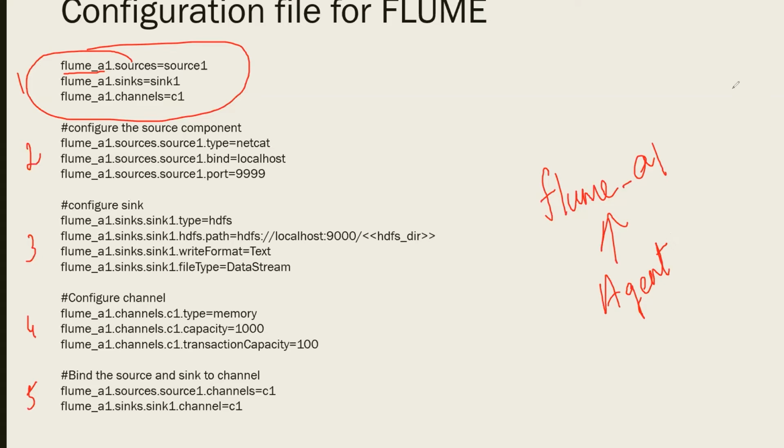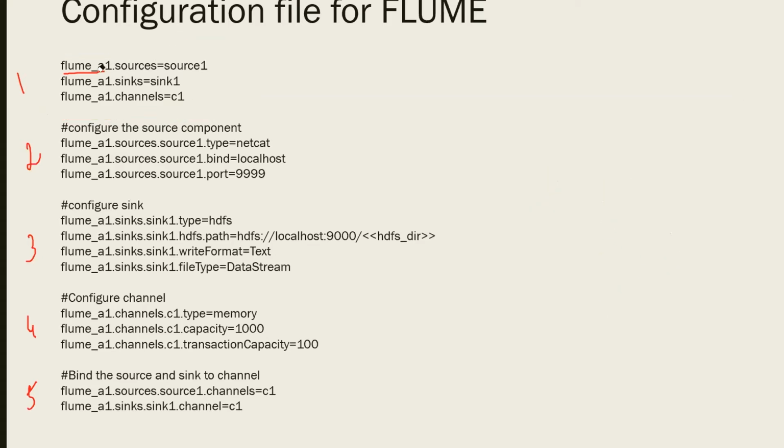That's why, if you look at the names, every line starts with that, because all these components belong to that one single agent. Flume_A1 is the name of your agent. And in that, what is the name of your source? What is the name of your sink? And similarly, what is the name of your